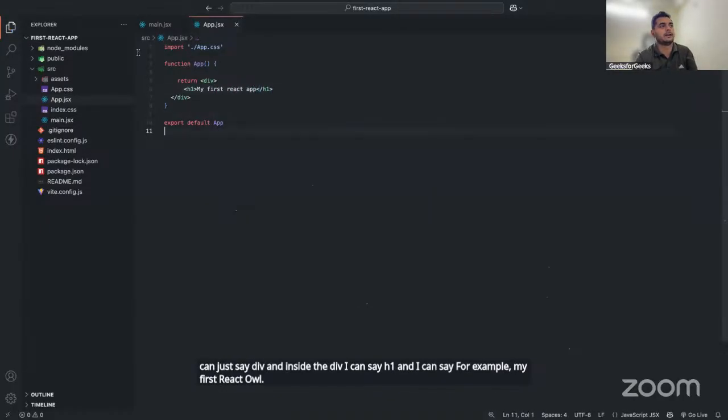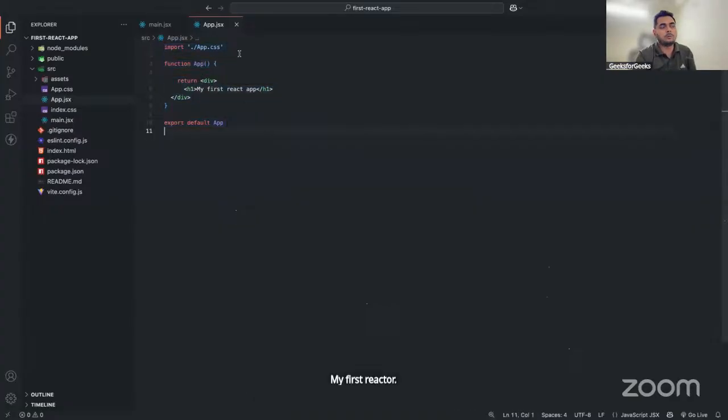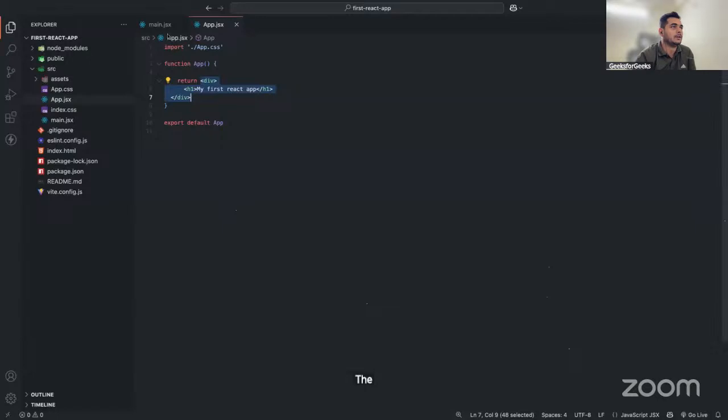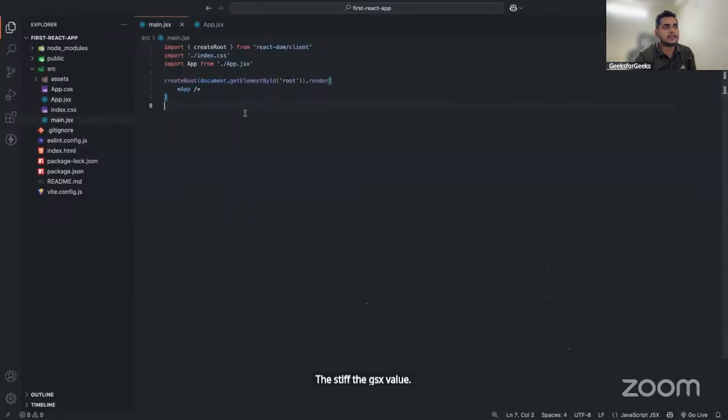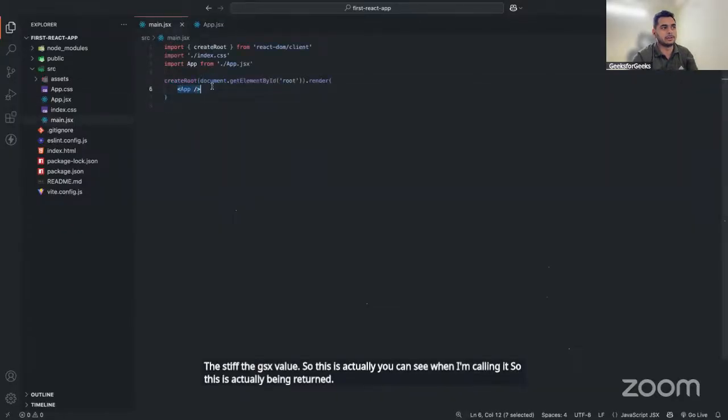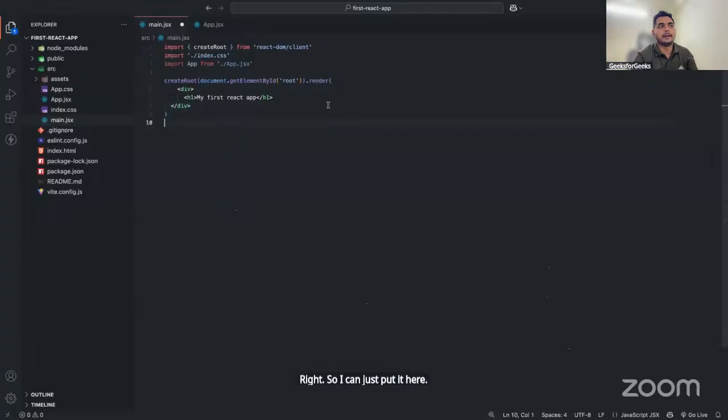my first React app. So now what does this mean? We have a function, and whenever you call it, it returns this div, this JSX value, right? So you can see when I'm calling it, this is actually being returned, right? So I can just put it here, and this is actually rendered by React,